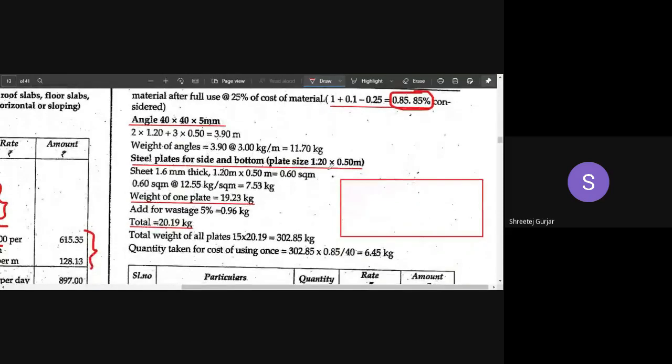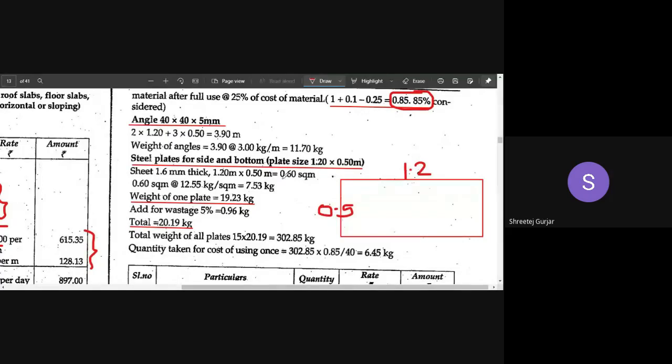Now for this panel, we are assuming that we are going to use steel panels of 1.2 meter in length and 0.5 meter in height, which is the depth of your beam. The span is 6 meters, but one panel is 1.2 meters in length. The depth of the beam is 0.5, hence the panel height is 0.5. Don't worry, this is very easy. You can assume any other size, but 1.2 by 0.5 is the standard we are using.